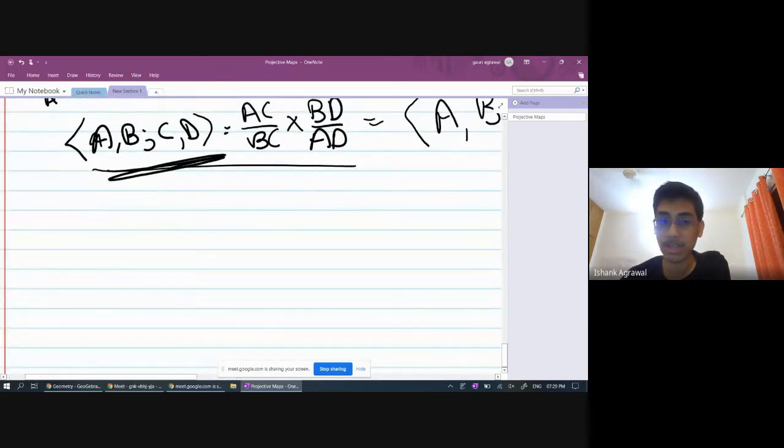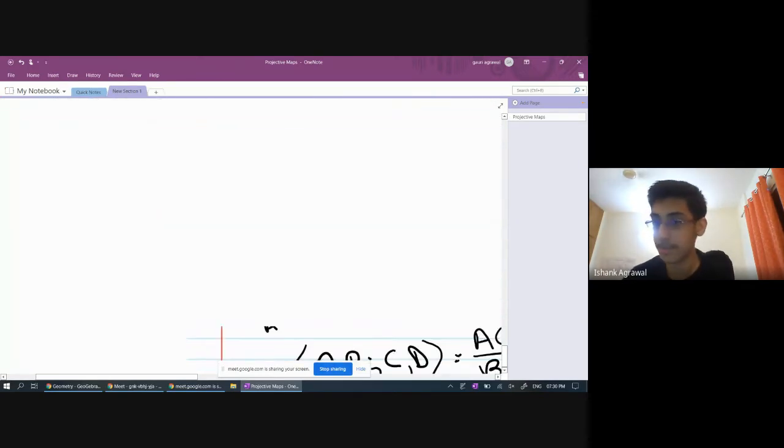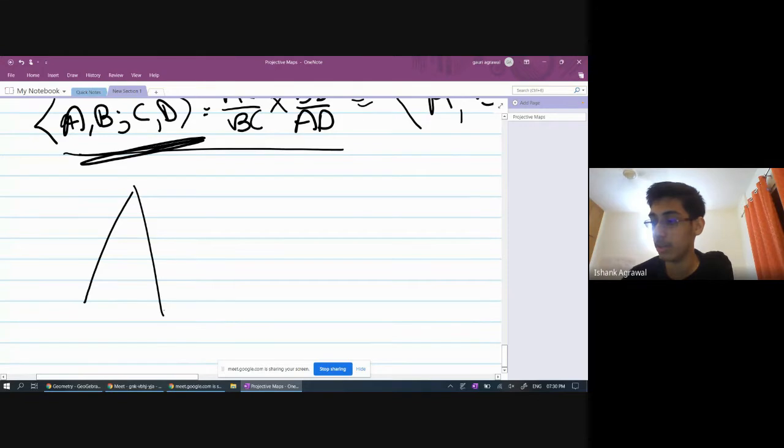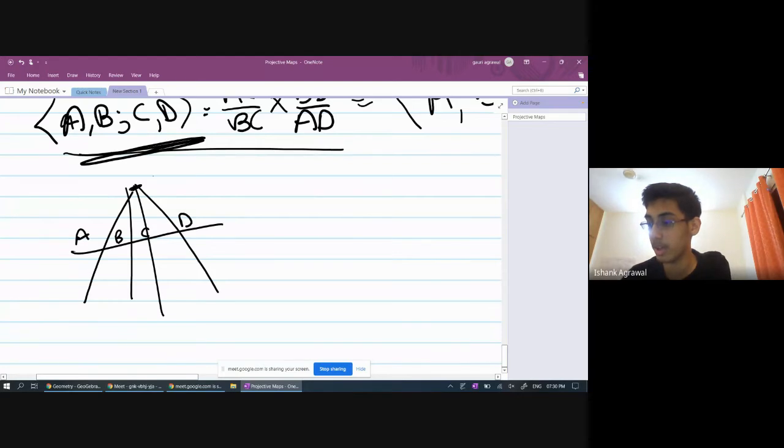Okay, so I'll just sketch out a proof for the interest of time because I want to get into 3D projective maps. But basically what you show is that, yeah, you could use trigonometry, but it is a trigonometric proof, and it's actually quite beautiful. So you show that